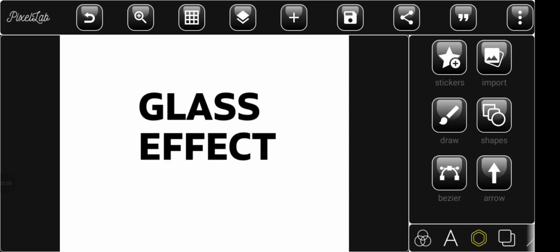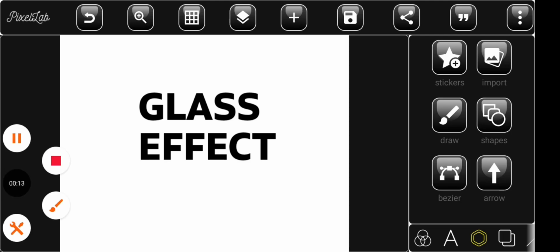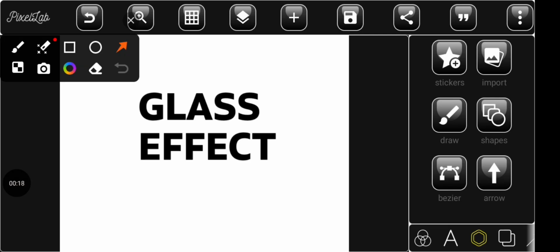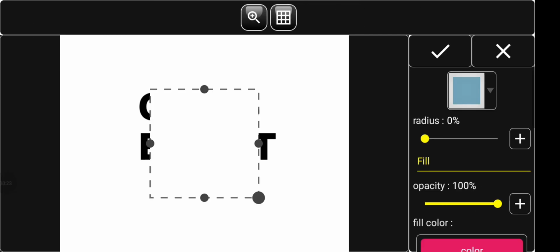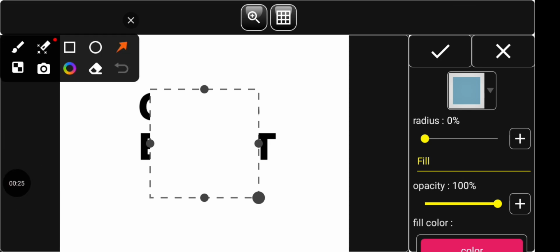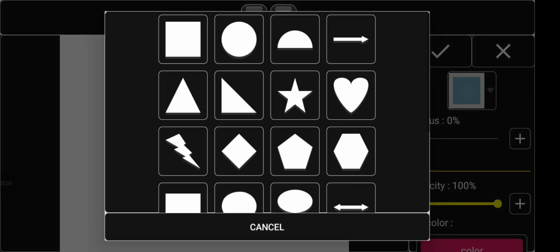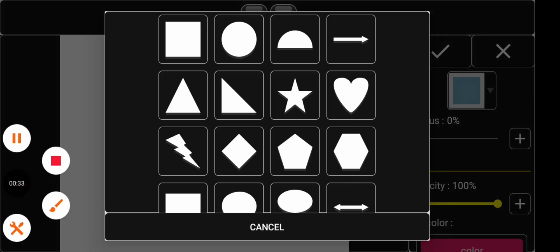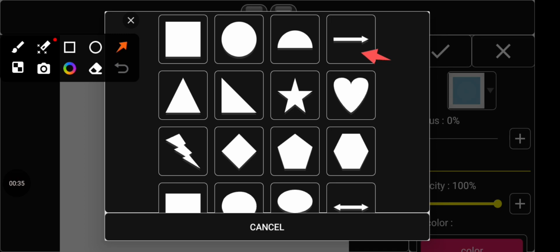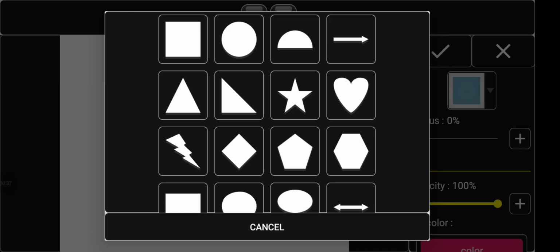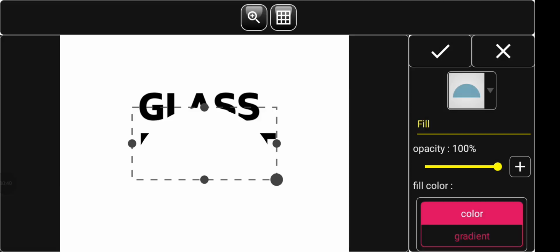Today I'll be showing you how to create a glass effect on a text. So what you need to do now is just very simple. Go over to your shape, click shape, then click the small arrow there, this small arrow, click it, then you choose this particular shape here, you choose it, you go over to gradient here,